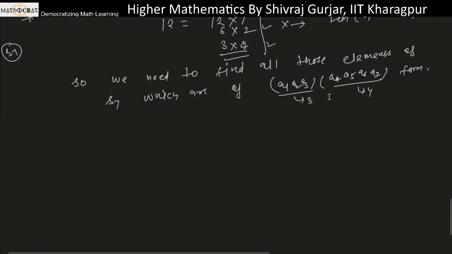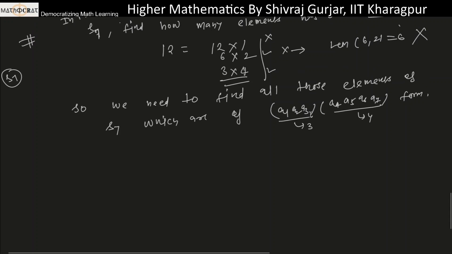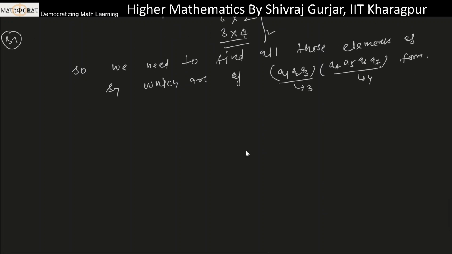Further, because these are disjoint cycles, basically they will be commutative. So we keep A1, A2, A3 here and A4, A5, A6, A7 here, or the reverse. Both elements will be the same only. Okay? So that thing also we need to take care of. What I am trying to convey is that 1, 2, 3 and 4, 5, 6, 7, if this is an element and the other element is this, 4, 5, that case won't arise because the first cycle